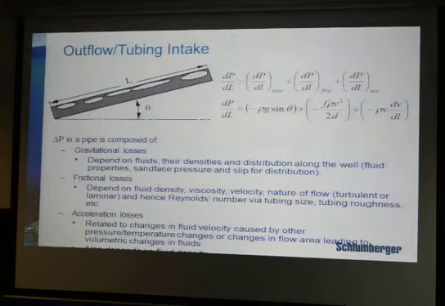Now all these equations look simple, but when it comes to actual implications, there are lots of variants in this. It's not so simple. If you have two phase, what density are you going to use? If you are having slug flow, annular flow, different flow regimes, what are you going to use? It's not as simple as it looks. It also depends upon what fluid you are having, the behavior characteristic of the pipeline, the pipeline roughness factor. All those values govern all these things.